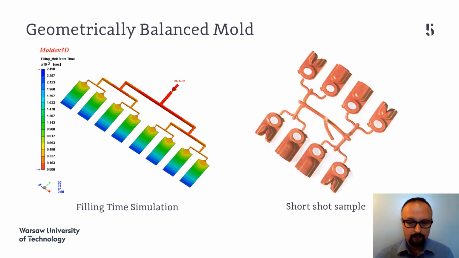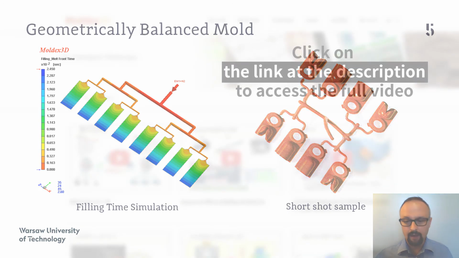But we have our H-type runners, our geometrically balanced molds, and because they are balanced, the filling should also be balanced. And as we can see, probably all of us have already seen from different